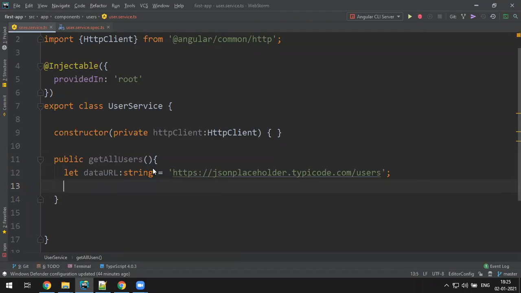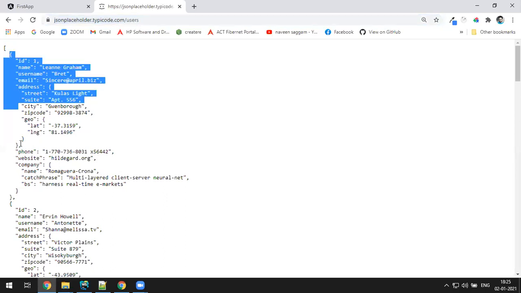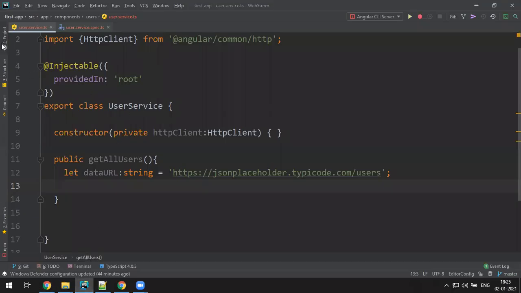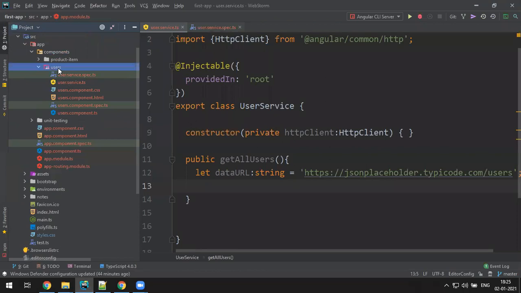Before I call, I need to return the type of data, right? What type of data? Let me grab this. I create one interface, one model. I create the model also here.